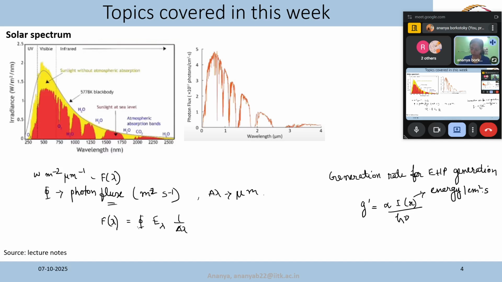Alpha into I of x is the rate at which energy is absorbed per unit volume of the semiconductor. Even though the intensity is this much and that much energy is hitting, it depends on the absorption coefficient, whether the semiconductor can absorb it or not. That is why it is multiplied with alpha, and this amount of energy is absorbed by the material. If we divide it by the energy of each photon,